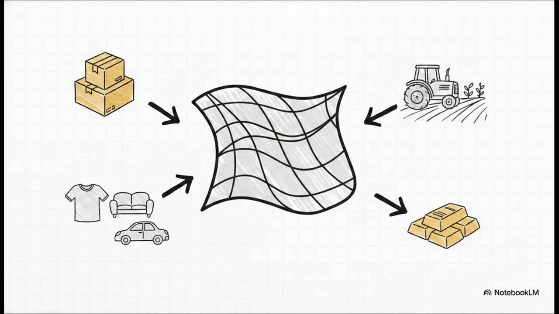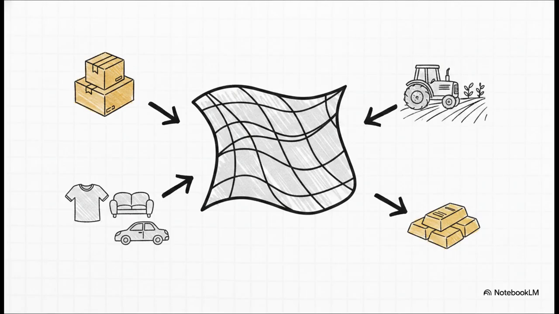And here is where it gets really interesting. Look at how the law systematically strips away everyday items from that massive net we just talked about. First up, stock in trade is excluded. Think about it. If you're a real estate dealer, a plot of land is your inventory, right? It's your stock in trade. So it's taxed as business income, not a capital gain. But if you or I buy that exact same plot just as an investment, it is a capital asset. So it's not about the nature of the item itself. It's entirely about how you hold it.